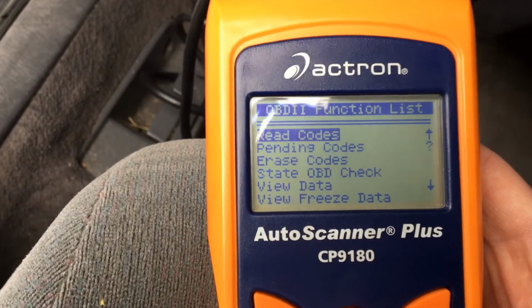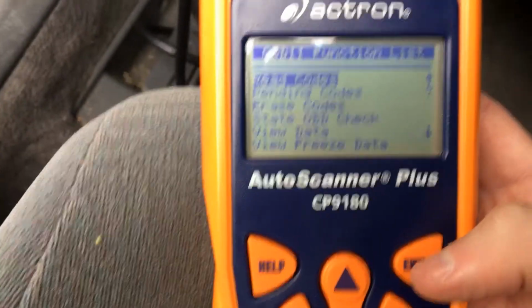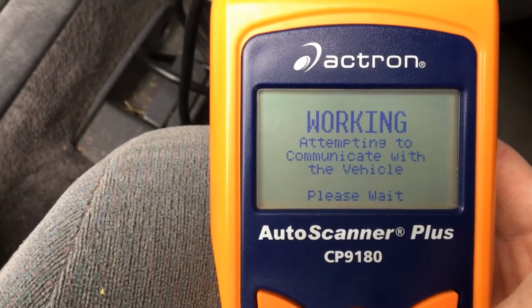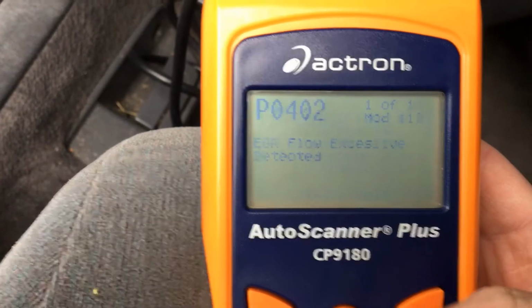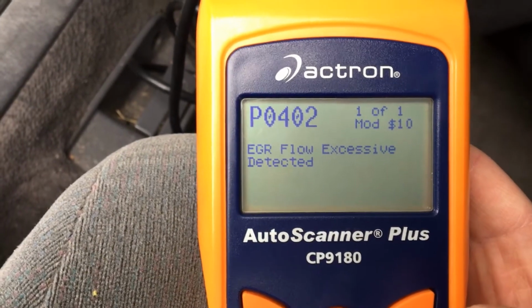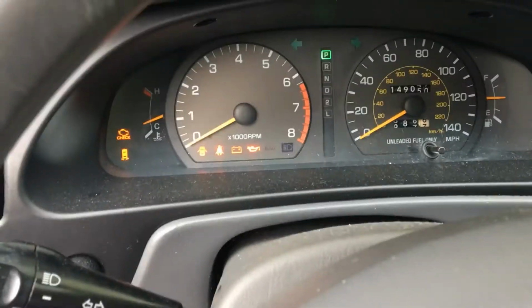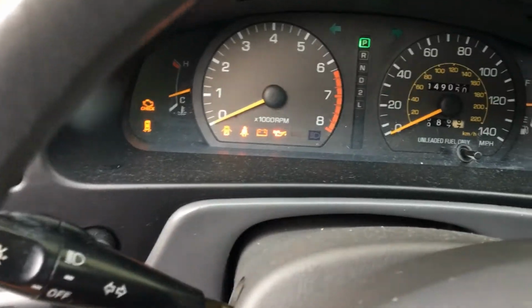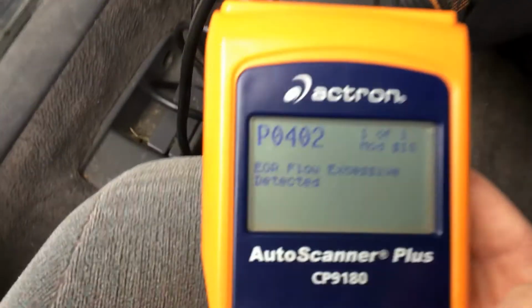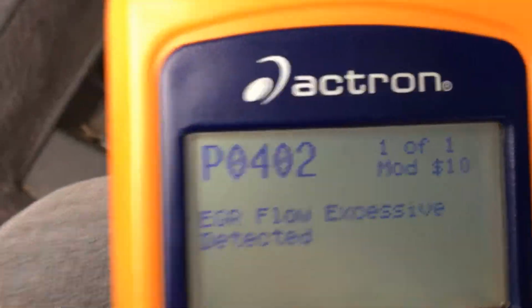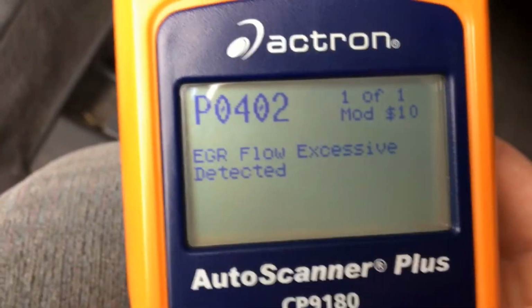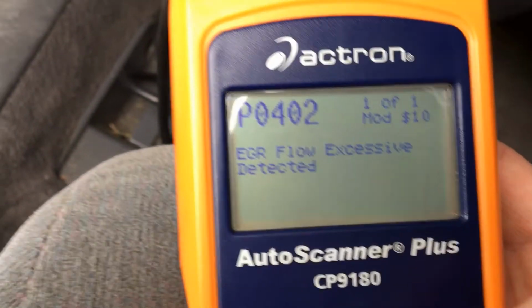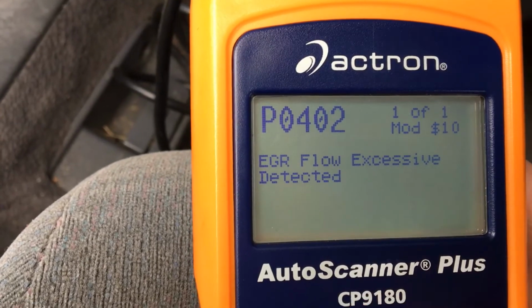So I'm going to come up here to read codes, click enter. It's going to take a minute, working. If it comes back with a message that says no communication, I probably don't have my key turned on. So make sure you have your key turned on, you got some dash lights on. In this case, I got my code. There's only one code, 1 of 1. If it said like 1 of 16, oh boy, you got big problems. There's only one code, and it's